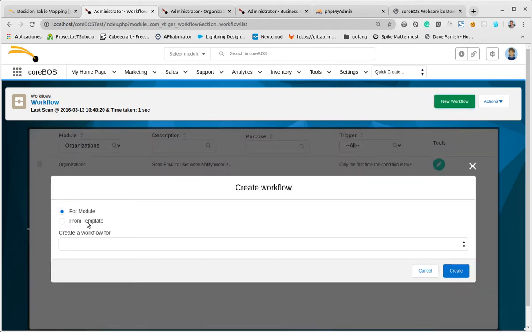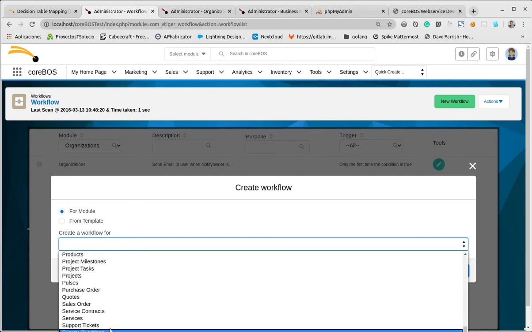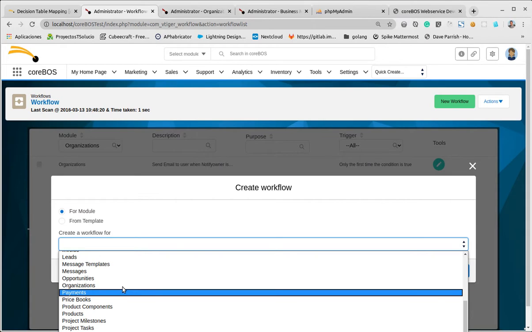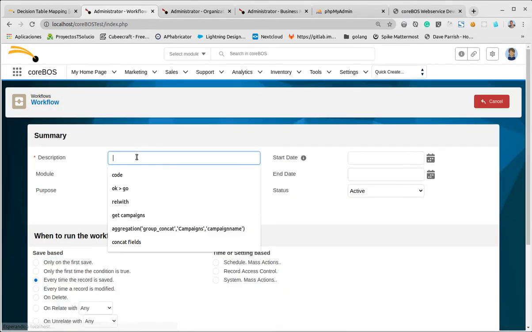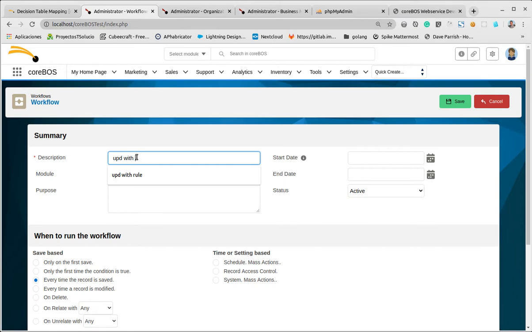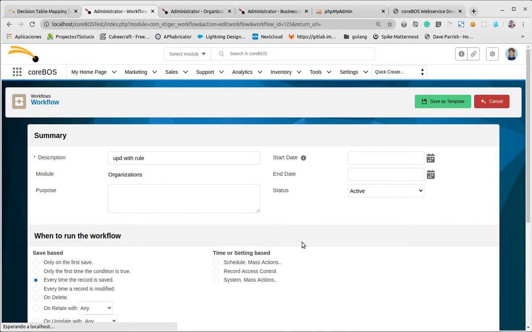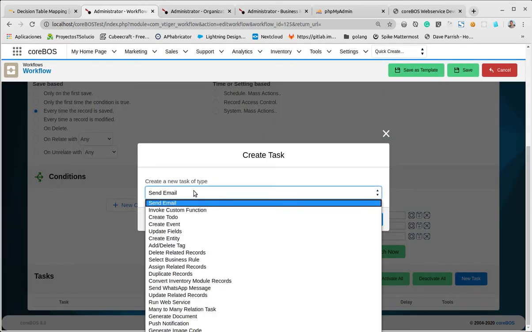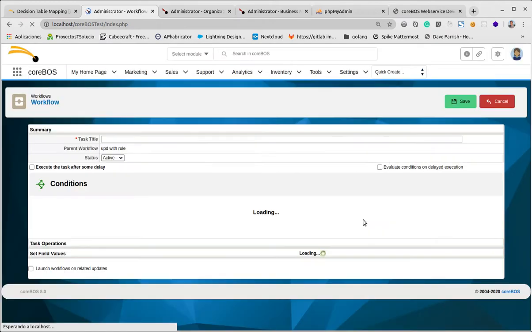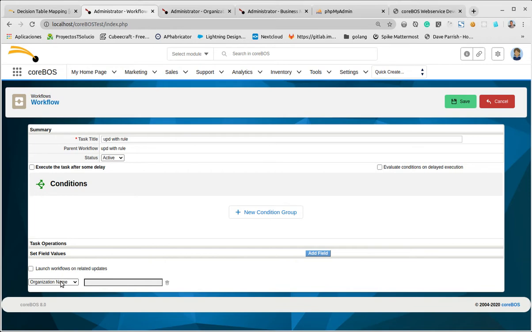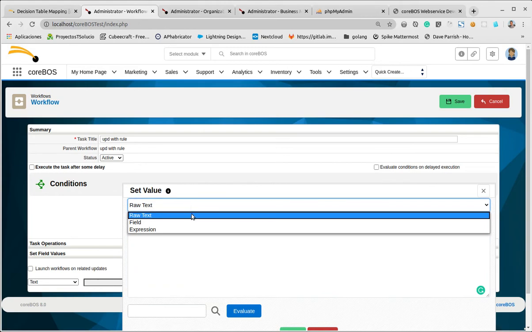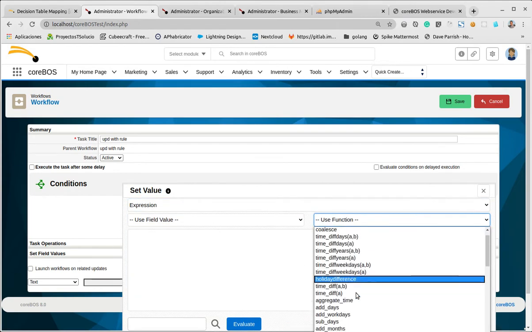Okay, let's add a new workflow for organizations, because I have some custom fields there for testing that make it a little easier. And let's put here "update with rule", every time I save. Okay, new task, update field, and the task I'm going to do is update the custom text field that I have on the module with an expression, which is,